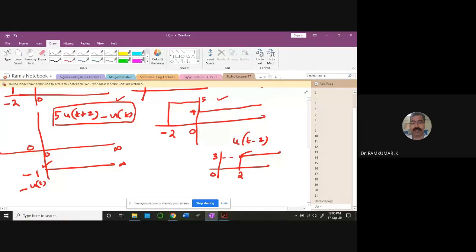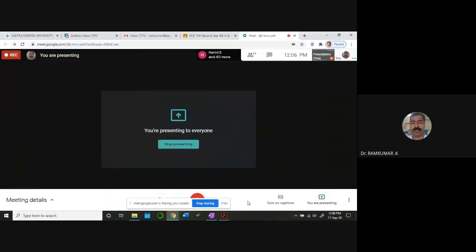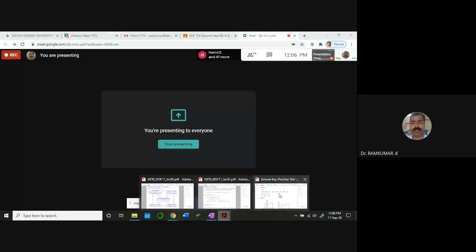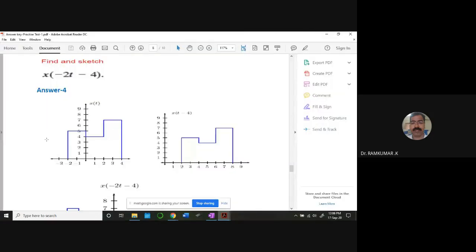So this 4 will be existing till 2. Okay. At 2 you are adding 3. Therefore at 2 it is going to go up like this to 7. Then it will go there like that. Okay, you understand? The same manner you have to draw the signal. The signal finally whatever you have drawn, it's like this. Okay, can you see it now?